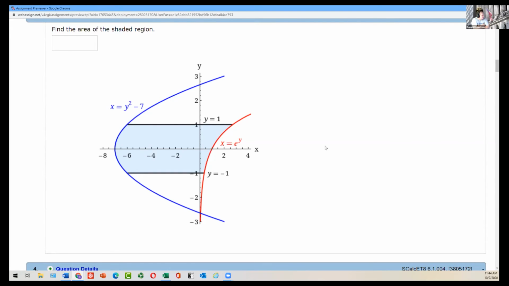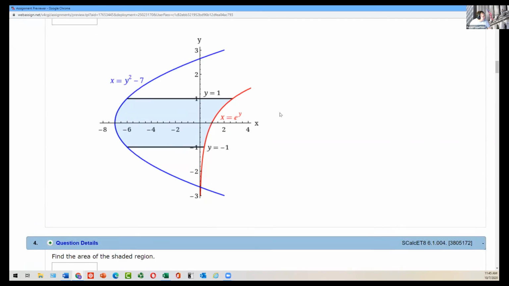Who goes first, red or blue? It'd be red. Red first, because it's to the right. Remember, to the right first, to the left second. So e to the y, take away all of that. So remember, take away y squared plus y, right? So stick a bracket round the thing if you're the kind of person like me who gets careless, because a +7 is not going to get you the same answer as a -7, right? So if you don't get the sign right, you're going to get